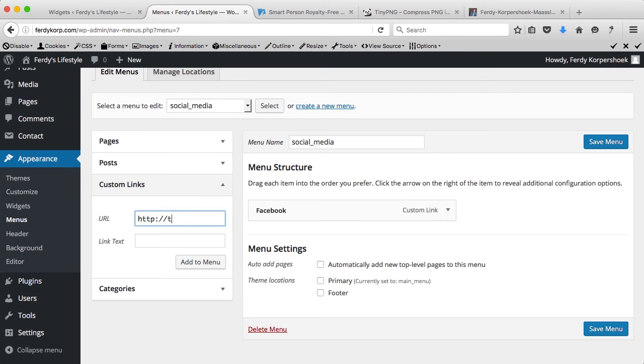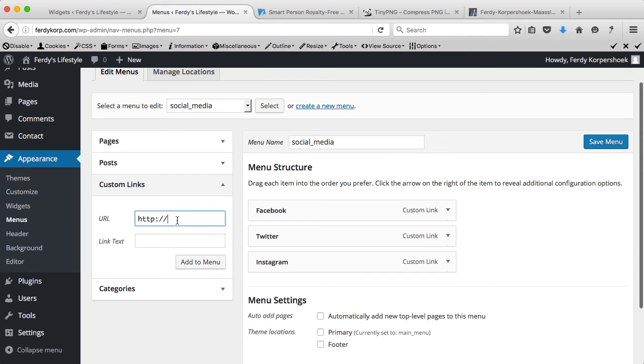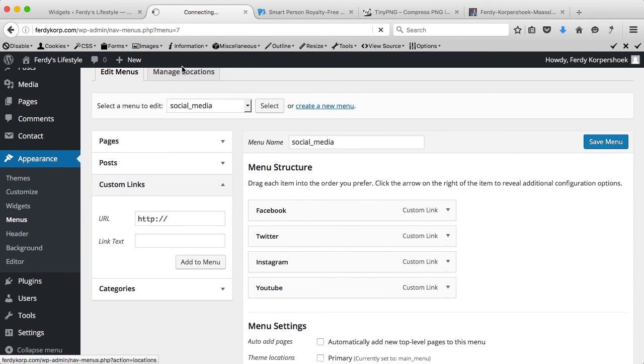The second one is twitter.com/ferdycorp. Twitter is the link text. The third one is instagram.com/ferdycorp. Instagram. And the fourth one is youtube.com/user/Ferdy Korpershoek. YouTube, add to menu, save the menu,